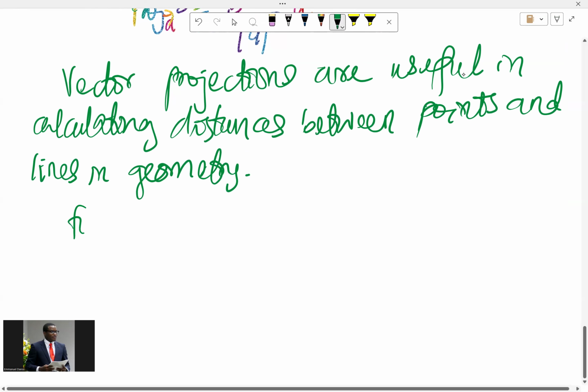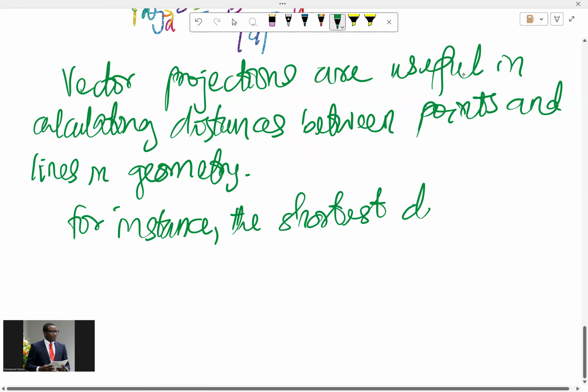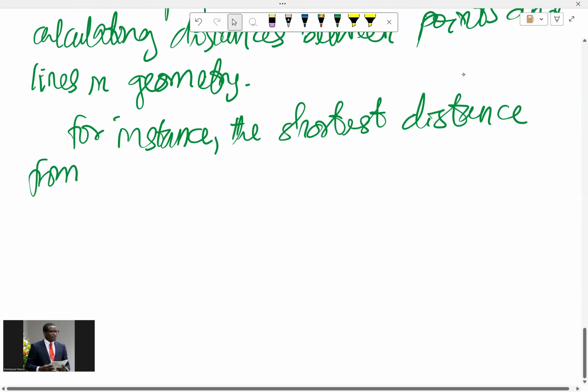For instance, the shortest distance from a point to a line